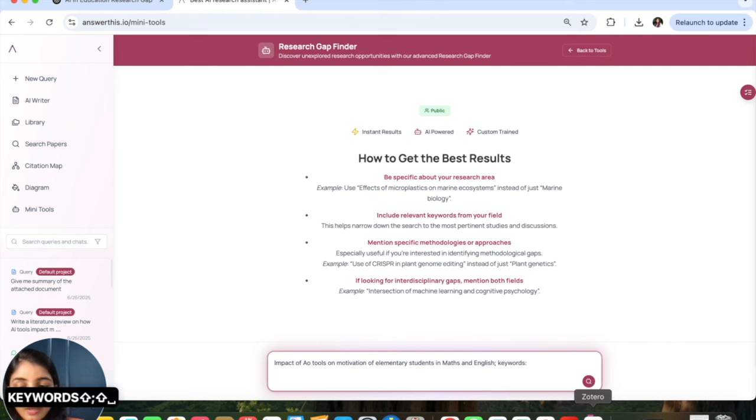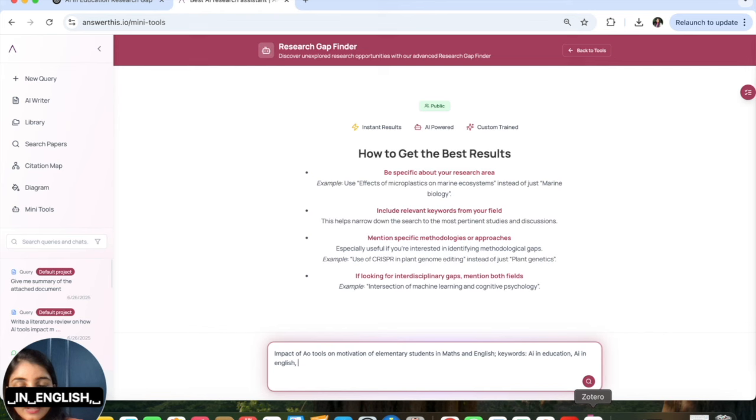Keywords could be AI in education, AI in English, AI for students, etc. Okay, and method quantitative, and I feel this should be from management. Okay,